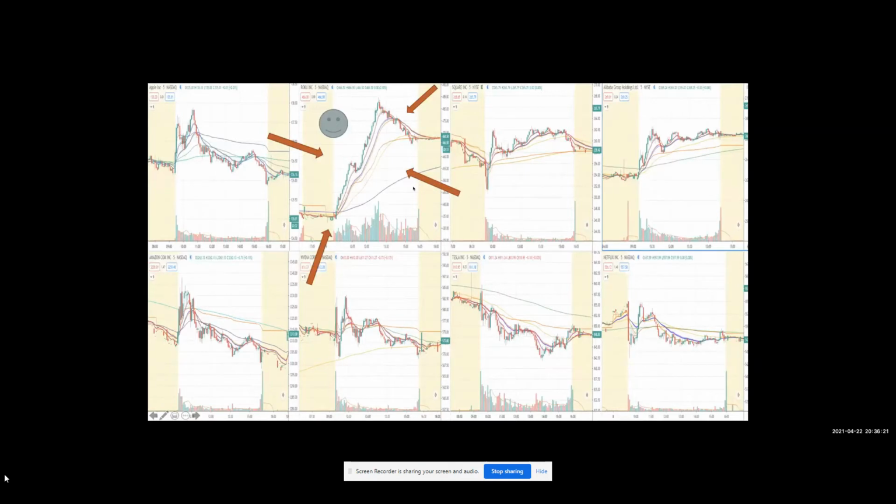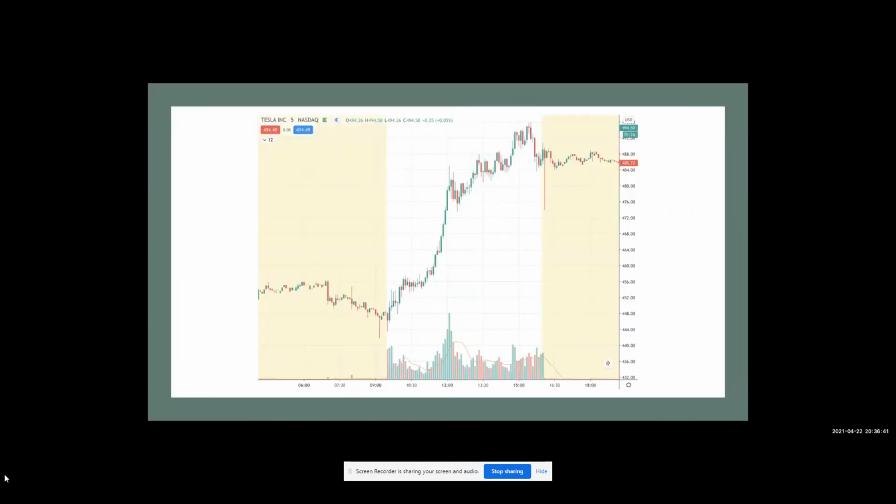So this is how I trade every single day. I'm watching my 16 different charts and I'm determining which stock has those 3 factors: which stock has the highest volume, which stock has the clearest trend, and which stock has the most aggressive buying or selling pressure. And then I plan my entry. So this is a chart